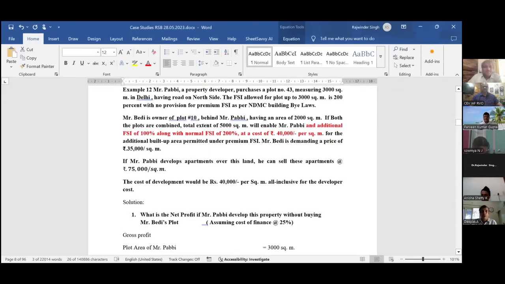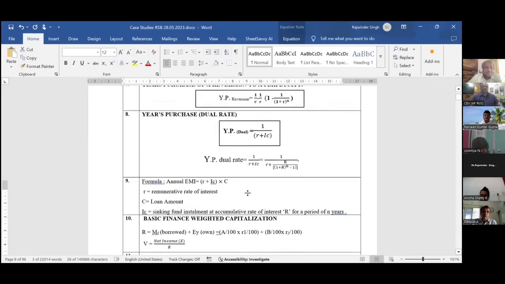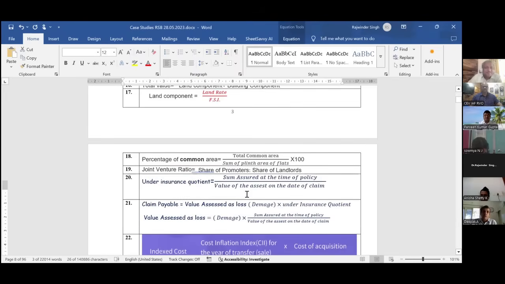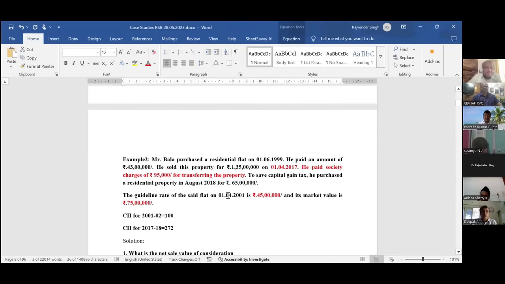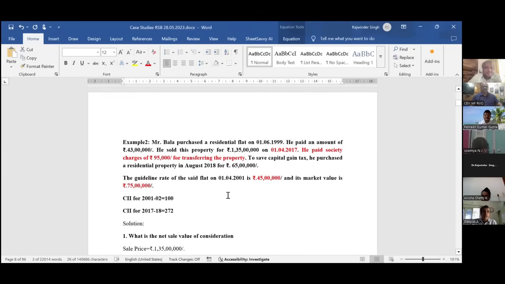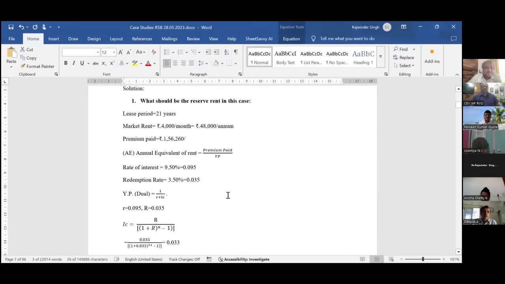Sir, for getting the annual income from the premium, can we not use the simple interest formula, sir? Which formula? Simple interest like PTR by 100. Sir, how can you use that? Here, interest is also involved. Okay, you will be getting interest over 95 lakh also. For 95 lakhs, if you have to get the annual income, can you not use the simple interest formula? You cannot use that formula, sir.